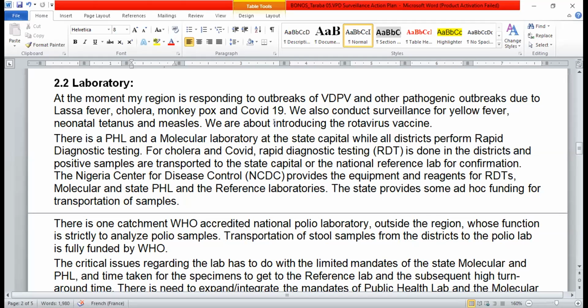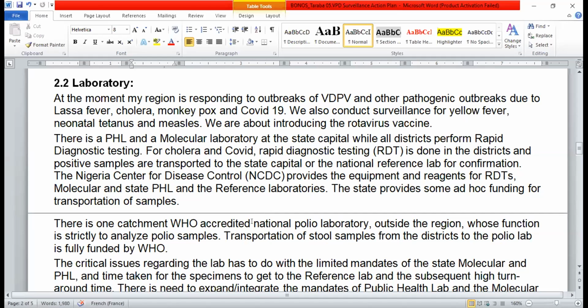Yes, Dr. Mohammed, forgive me for interrupting you, but since we have a number of people that will want to present today, I'll just ask you, can you just summarize the laboratory part, the other segments, and then focus a little bit on your goal and the priority actions that you would like to carry out?